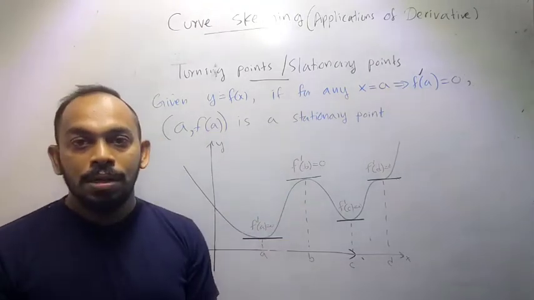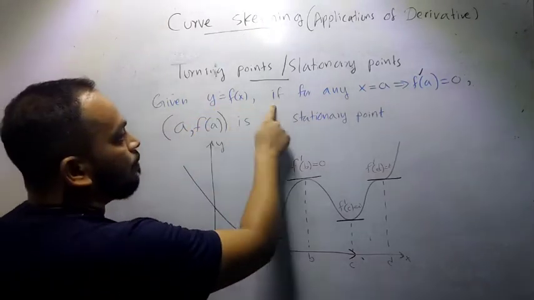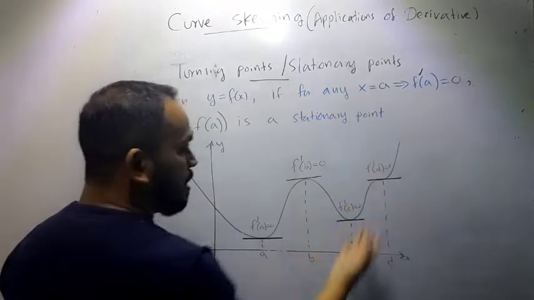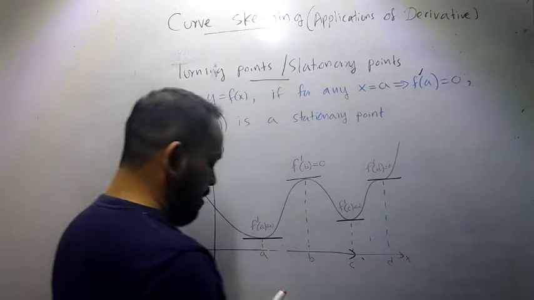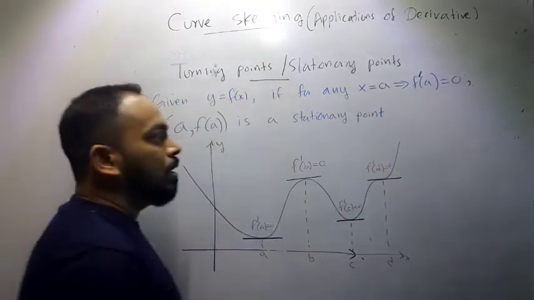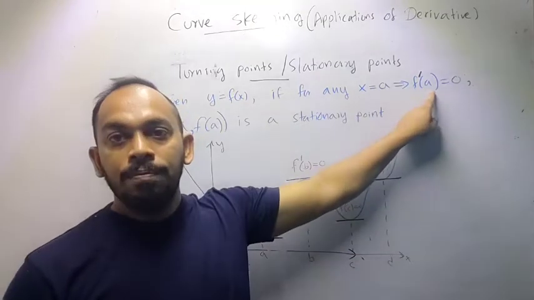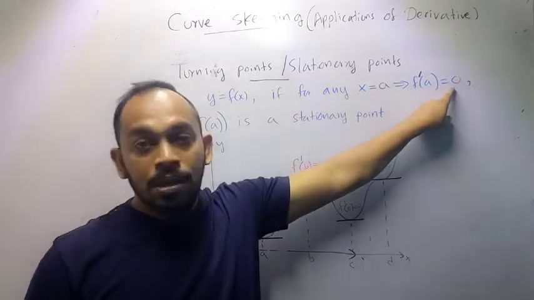It will only give us the x coordinate. So I can generalize it. Given a function, if for any x equal to a, f dash, f prime of a, the derivative at that given point, is equal to 0,